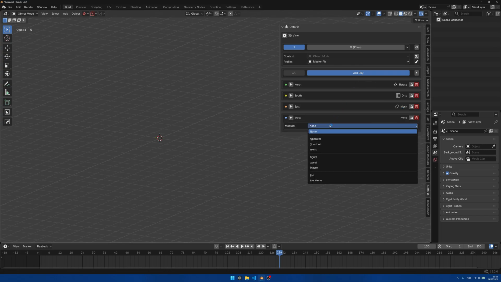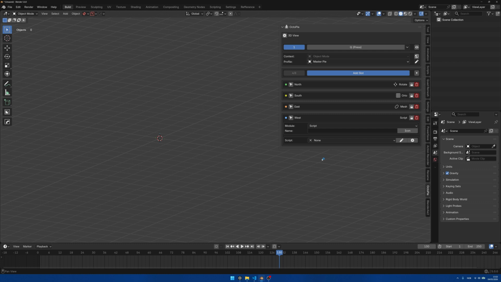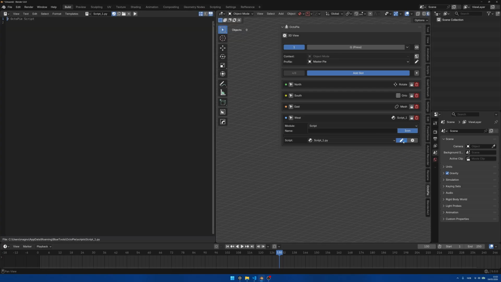The next module on the list is Scripts. In my opinion, Scripts is the most powerful module in OctoPie, especially now that we can use AI to write very specific scripts that perform very specific operations in your workflow. You click the Edit button to edit an existing script from the drop-down, or if the list is empty, OctoPie creates a new one. Here we can write a script ourselves, or we can simply ask an AI to help